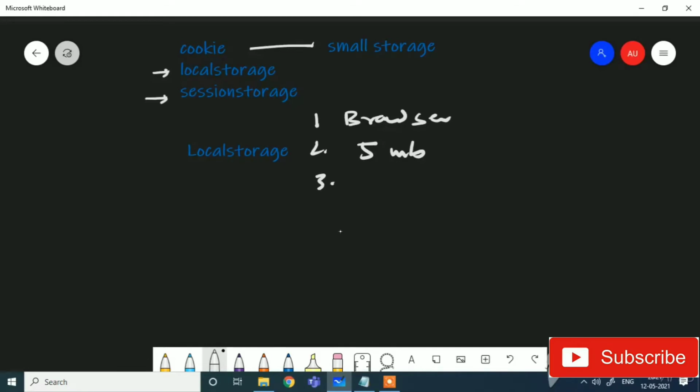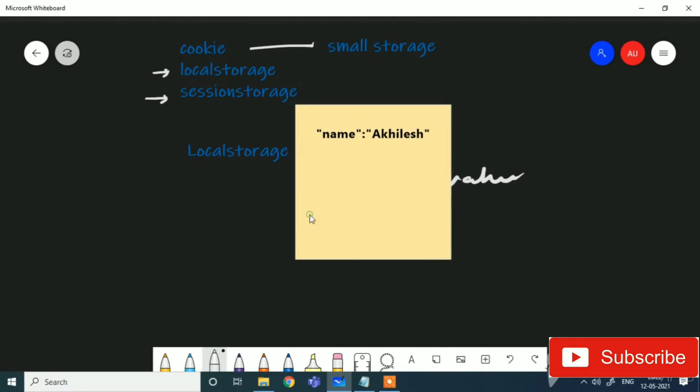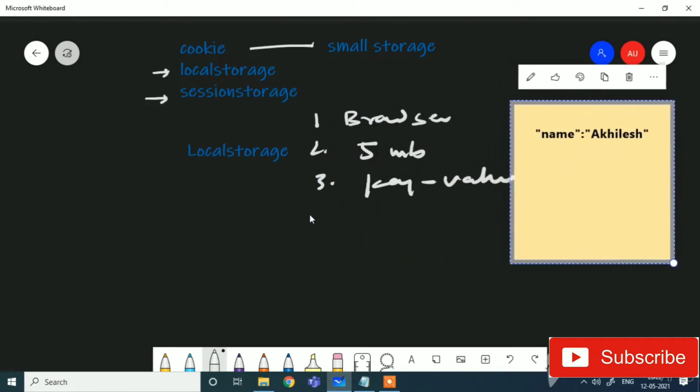And third, we are saving this information in the form of key value pairs. So let us take one example. If I have to save my name, so name is the key and value is Achilles. So I have saved in this way a key value pair.